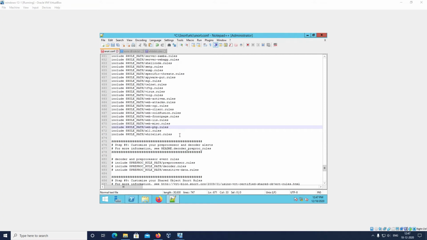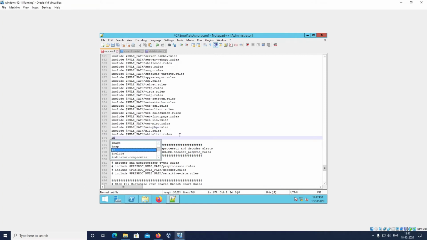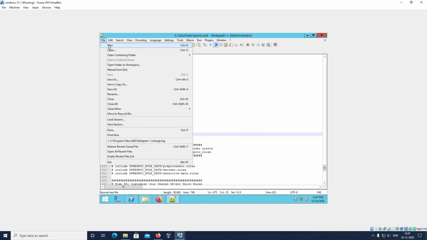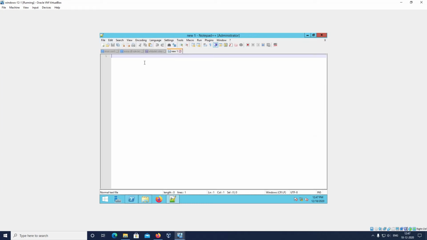Similarly, we will add one more rule, which is for demo purposes. We are going to write a demo rule. The same way, we will give the path, and we will create a new file for the demo rule. I am going to give it here as demo.rules. We will save this configuration file, and then we will create a new file of demo.rules.